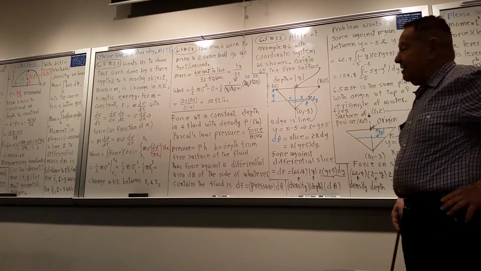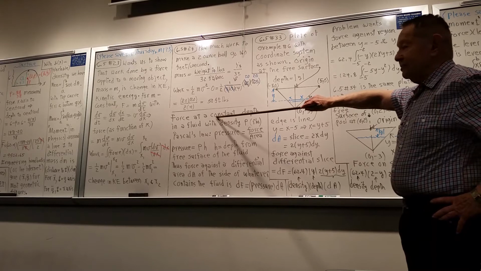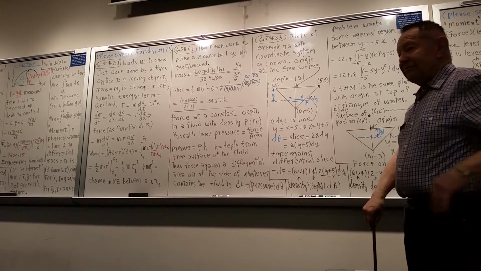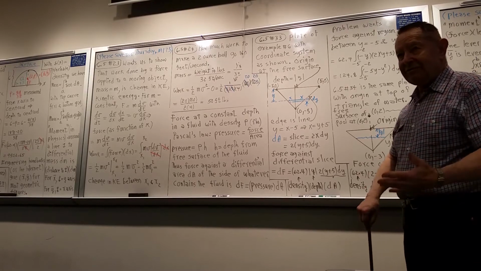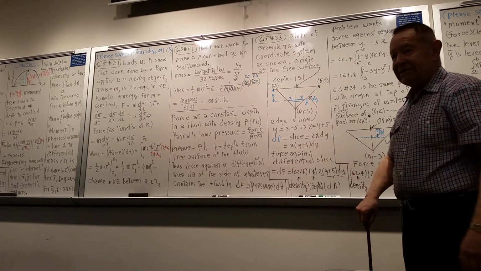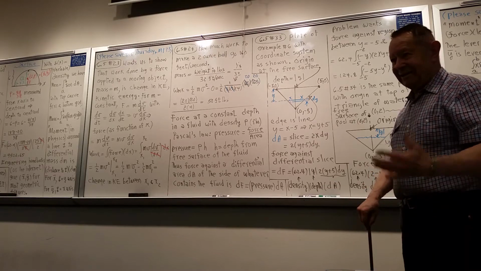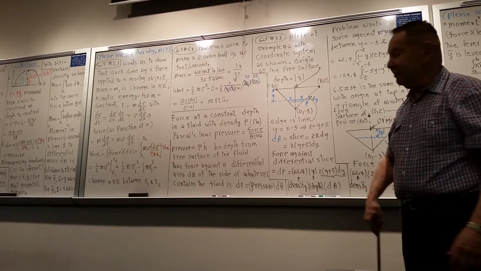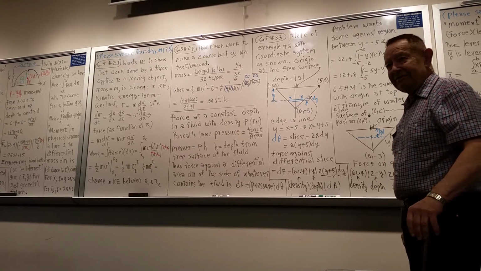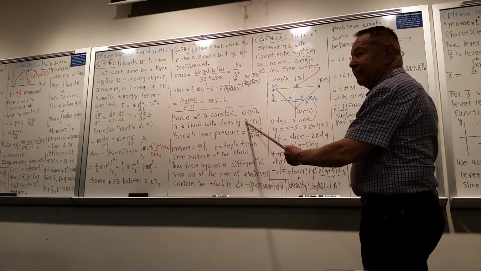Another type of problem we have is force at a constant depth in a fluid when you know the density of the fluid, which could be air actually, or water, or something else. It could be liquid chocolate, say, or oil or whatever. The only difference in the problem is what the density is, really. So we use the Greek letter rho,